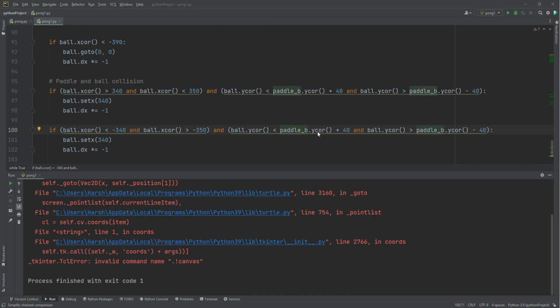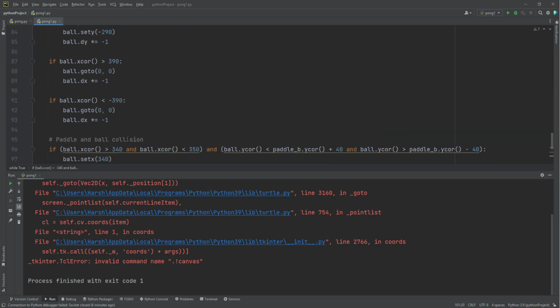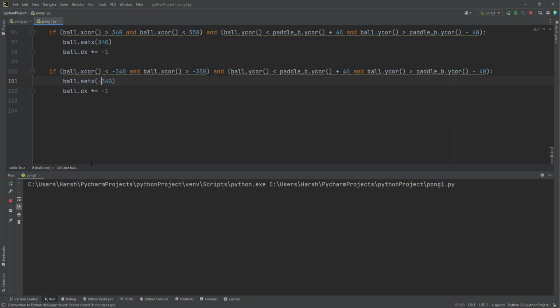Just the same thing but the other way around. But for the y coordinate, it will stay the same as it doesn't matter for the y. This will be negative 340, and yeah. Yeah, so this worked. Now let's check for